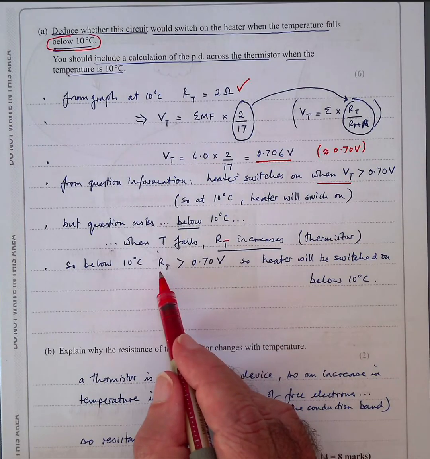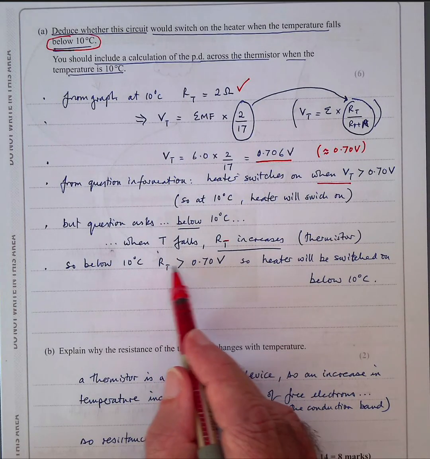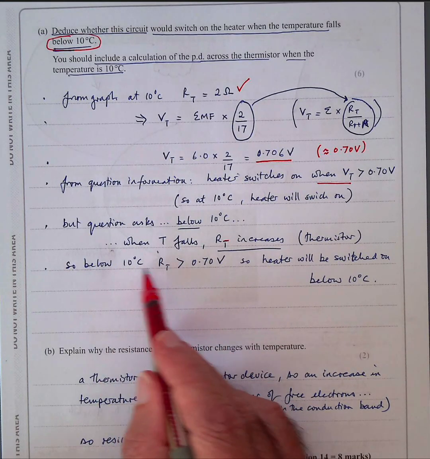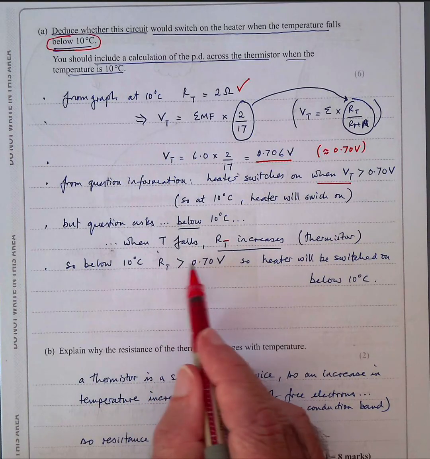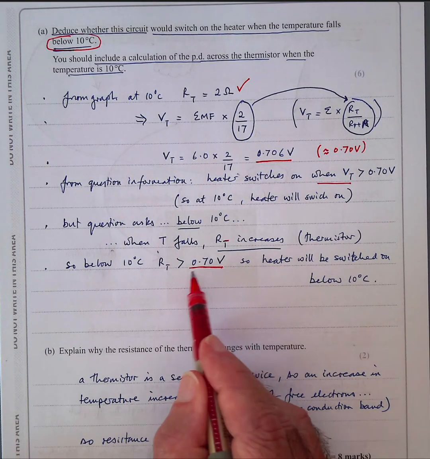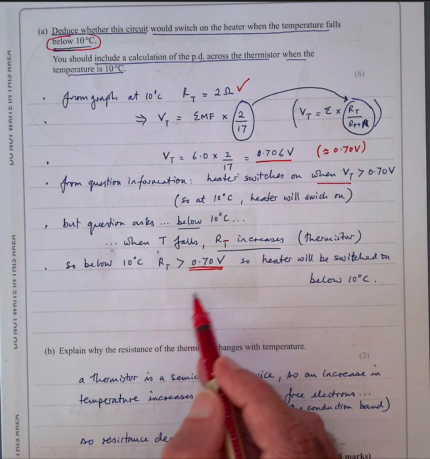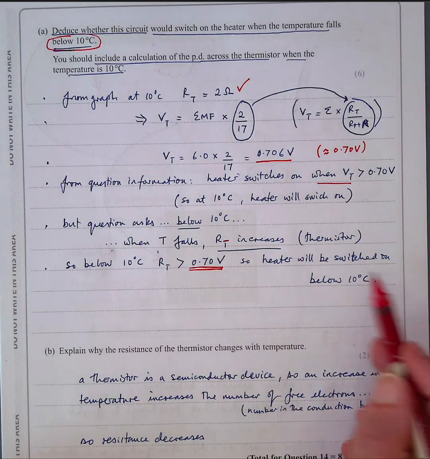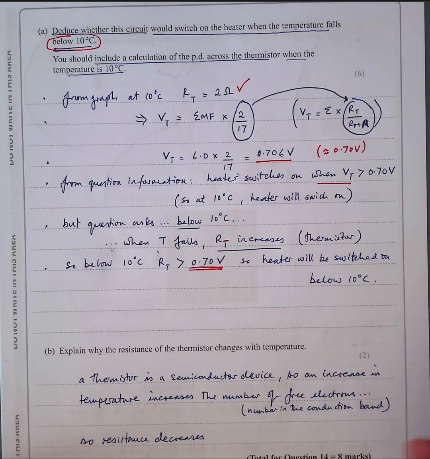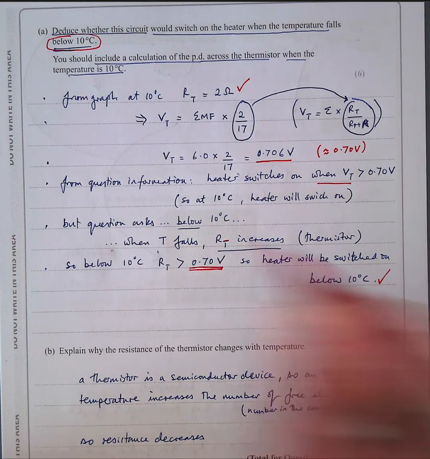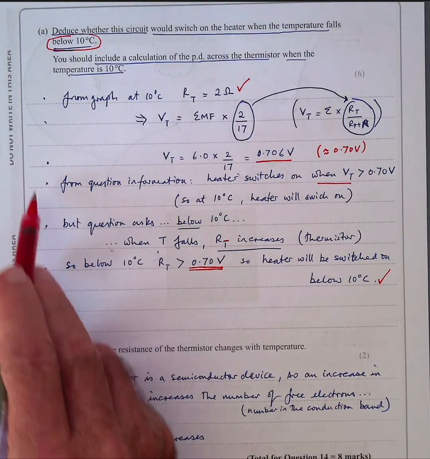So below 10 degrees, the resistance of the thermistor increases, so its share of the voltage will increase more than 0.70, so the heater will be switched on at any value below 10 degrees centigrade, and that's the final mark. Each of these is one of the 6 points. Okay,